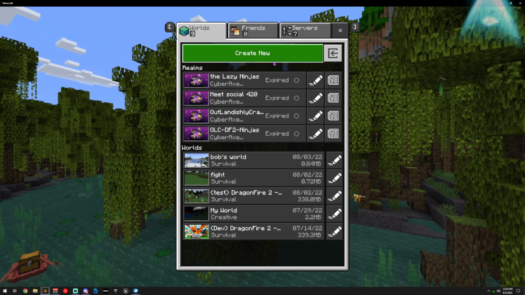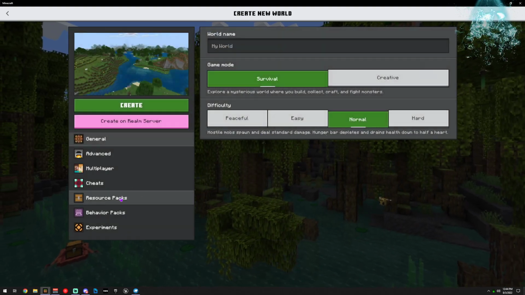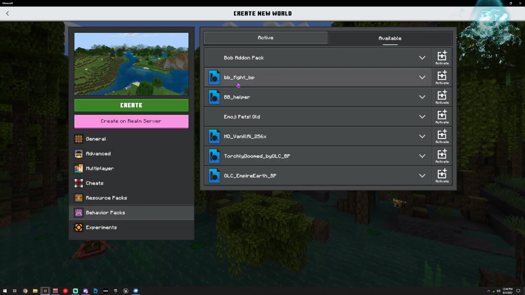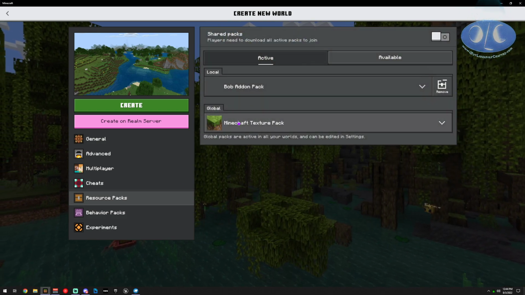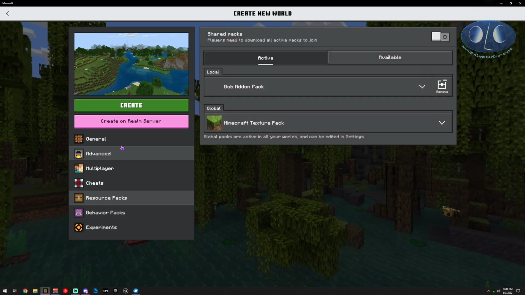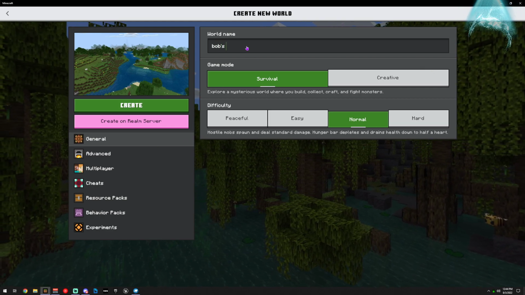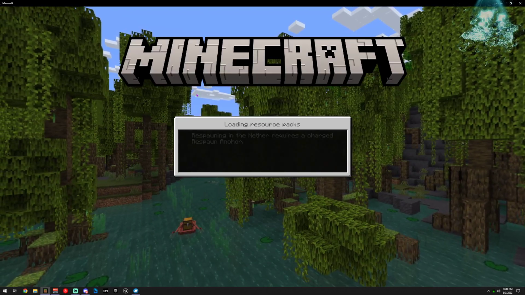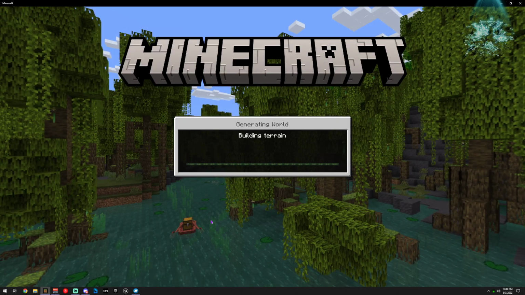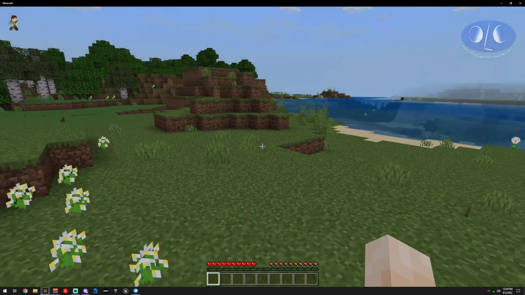That way, if we want to create 10 worlds and use the same pack with the same settings in all 10 worlds, we don't have to go through the same process of adding them over and over and changing them over and over for every world that we do. Now we can have them just once, and we only have to edit them once. So now that we've got everything set up, let's open up our pre-existing Bob model.